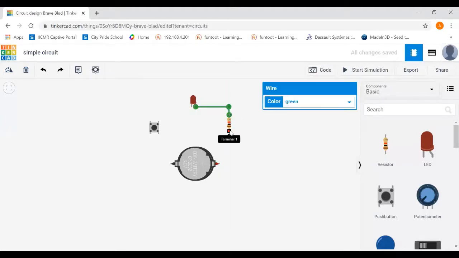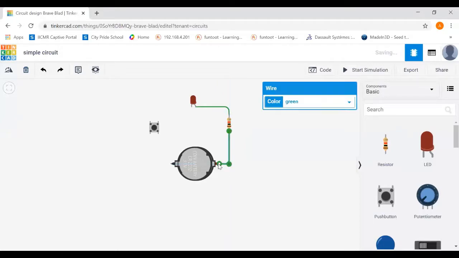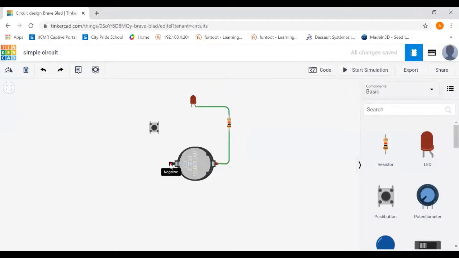So I'm going to connect this positive terminal with the resistor. Fine. And then this resistor is going to connect it with the, okay, for example, now this kind of thing happens. Fine. In the beginning, when you don't know the things, then this kind of thing can happen. How to control this wire? So here you can just click on undo. Fine. So again, I'm going to try. You have to just stop here and then you have to connect it positive.